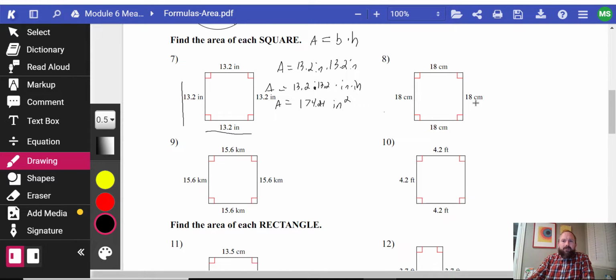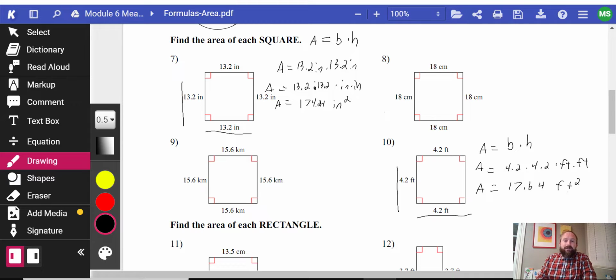We'll do the last one right here, 4.2 times the base times the height. So area is equal to base times the height. So 4.2 times 4.2, and then feet times feet. So the area is equal to 17.64, and then x times x is x squared, so feet times feet is,